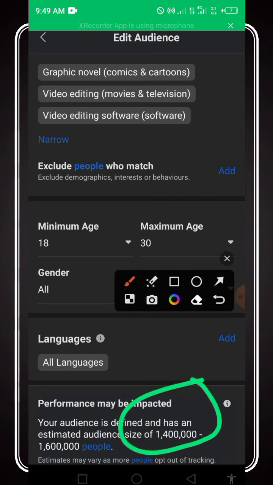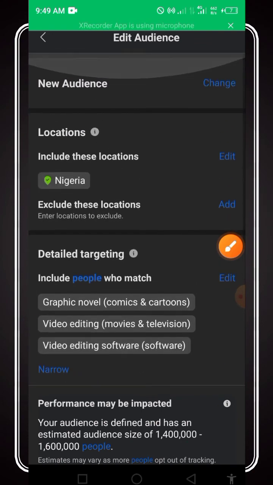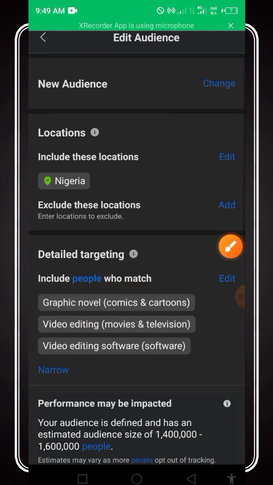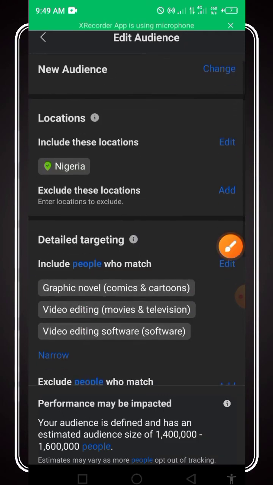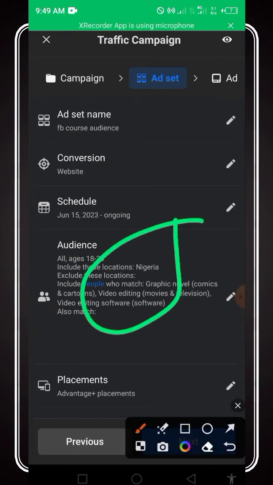So we're having 1 million people because data targeting is good, but ensure you have a lot of people in this audience because it's very, very important. So when we're good now, we can go one step backward. Now we have the audience ready, we have the conversion, then we are going into the next one, which is